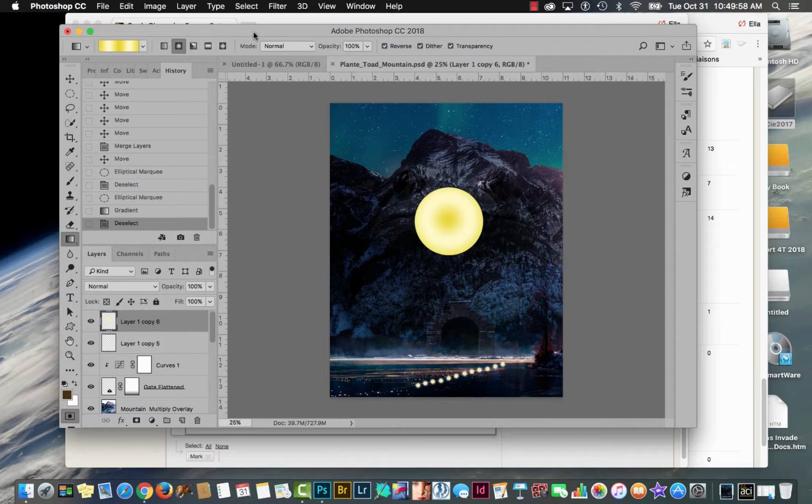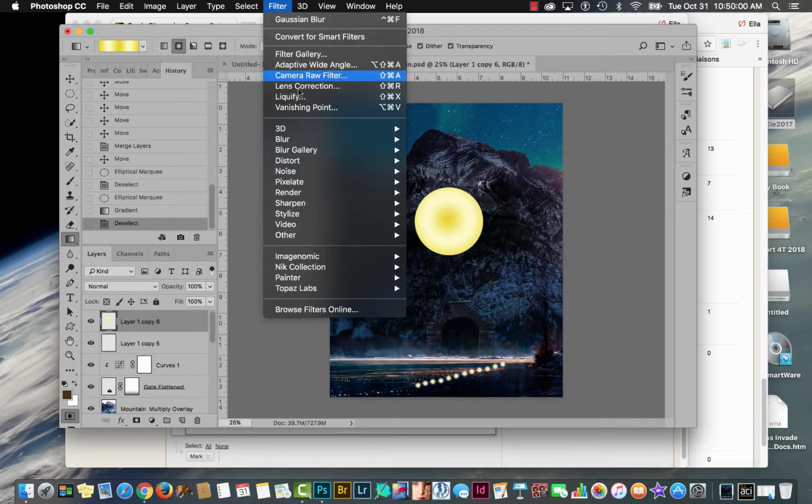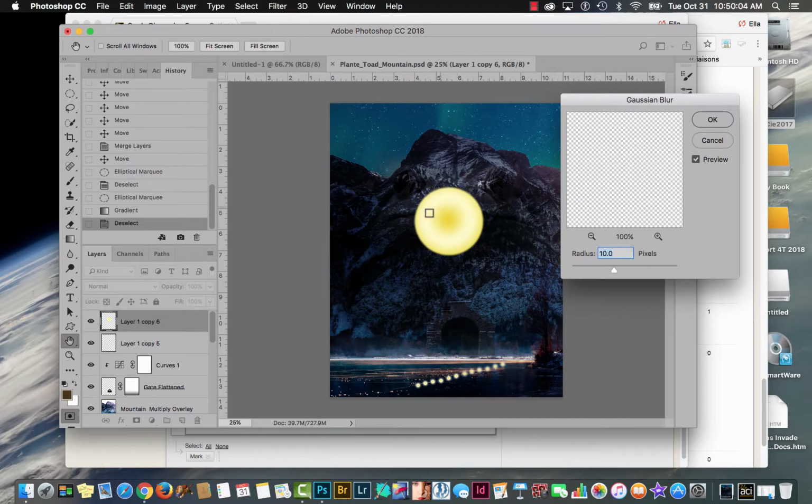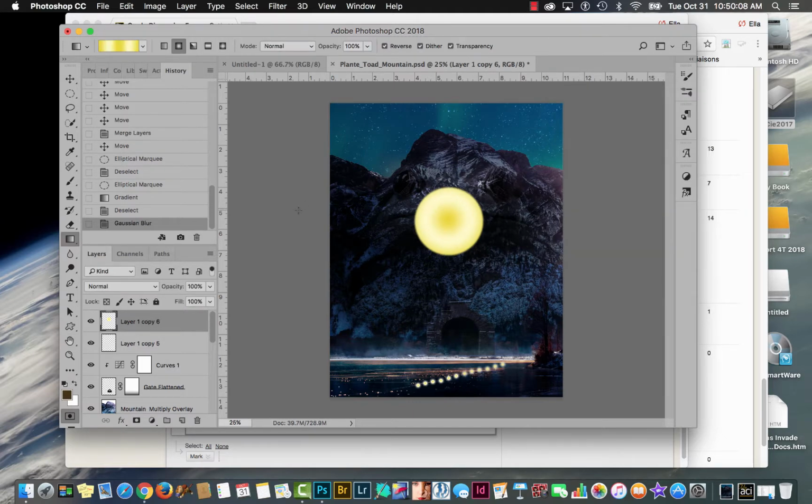Now I'm going to come in and just blur the edges of that a little bit. So I'm going to go Gaussian blur, so it's just not got a hard edge, okay? And you can just do it by sight, depending. I'm working on your file, so you can look at what I just did and get the gist of it. And then I'm going to have to scale this later, but just so you can see